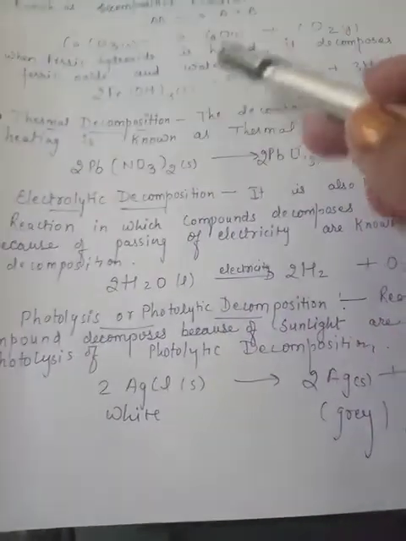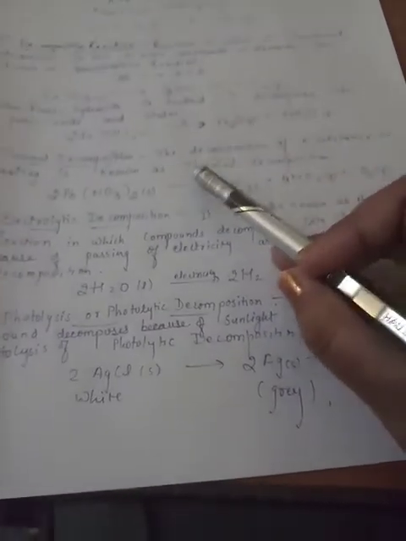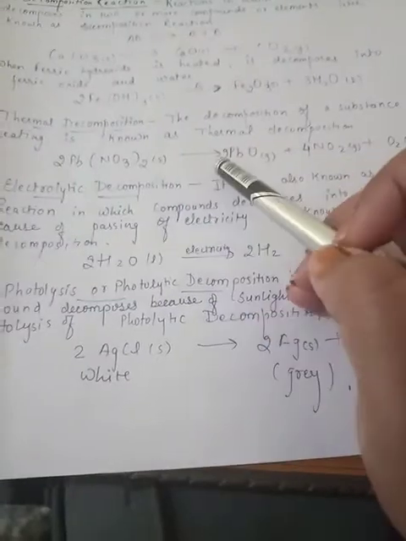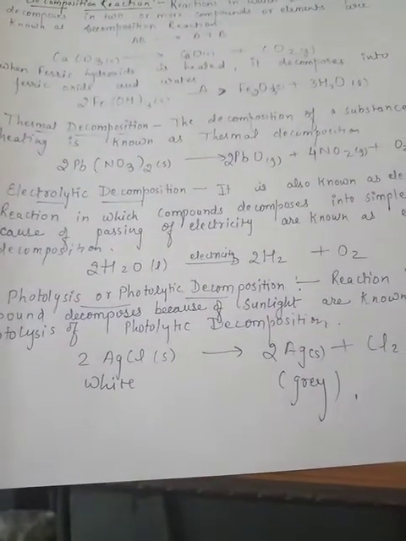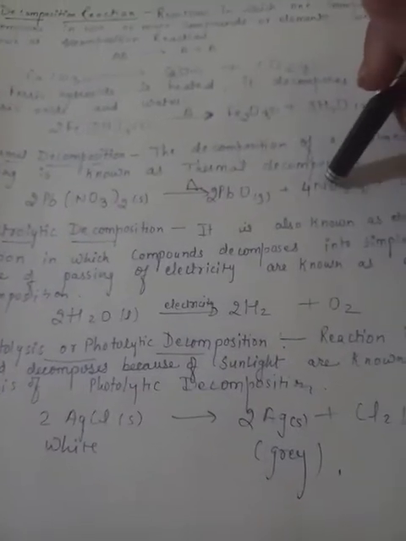That reaction you saw earlier is the same; the name is given with thermal. So thermal is what? The decomposition of a substance on heating is known as thermal decomposition. Whenever a substance is heated and it is being decomposed, then it is a thermal decomposition. Here lead nitrate is there, it is being heated. Here when we put a triangle, it means that this substance is heated, right? So for heat, this is the symbol. And lead oxide, nitrogen dioxide and oxygen are released in this reaction.